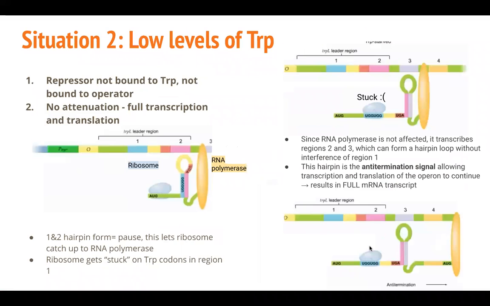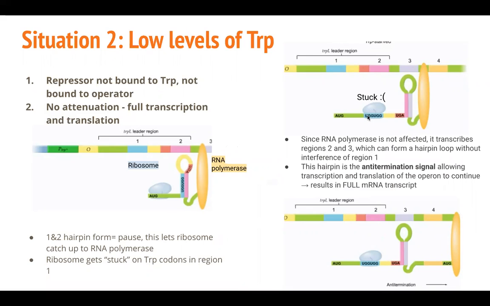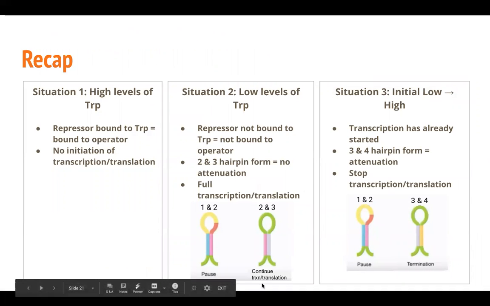And the reason for that is the ribosome is going to be translating. It's going to get to the tryptophan region, but in the problem, we mutated it to cysteine. The ribosome is going to get to the cysteine region. It's going to be like, I don't have any cysteine, and it's going to be stuck there. And because it's stuck on region 1, regions 2 and 3 are then able to come together to hairpin. And if 2 and 3 come together, then you will end up with the full length mRNA transcript. It's only regions 3 and 4 hairpin loop that you will get a short transcript, that you will get early